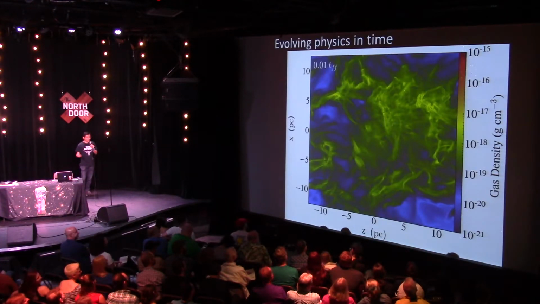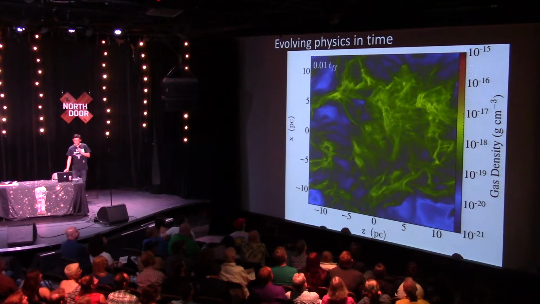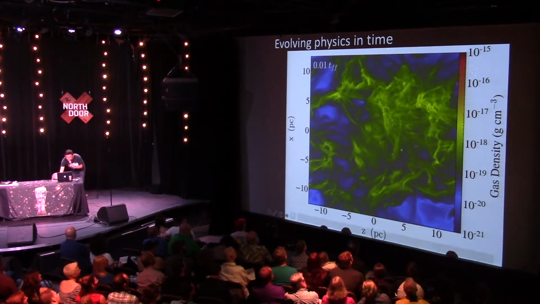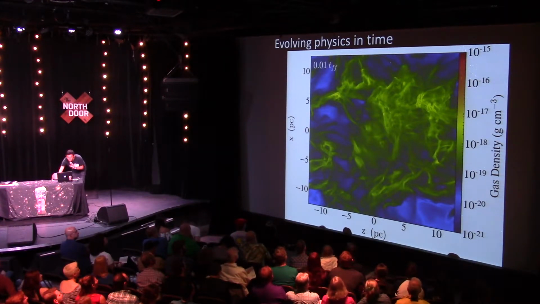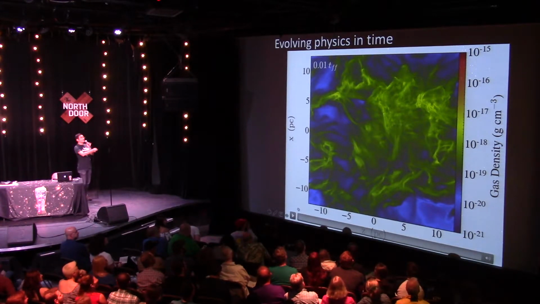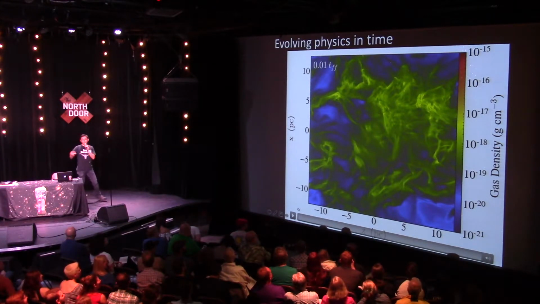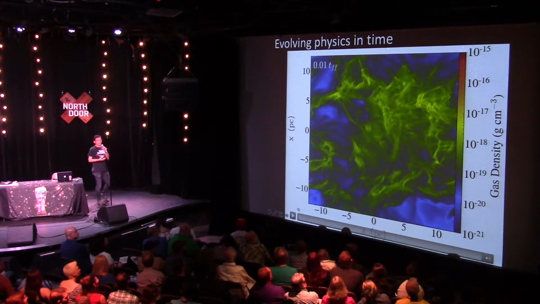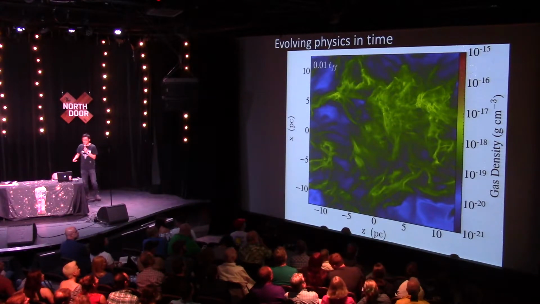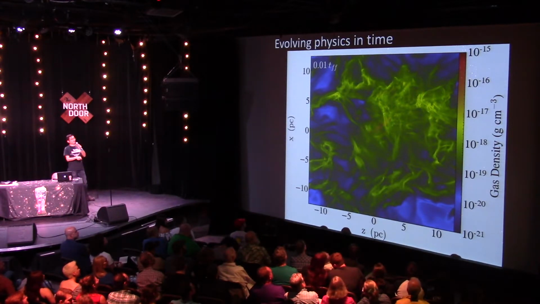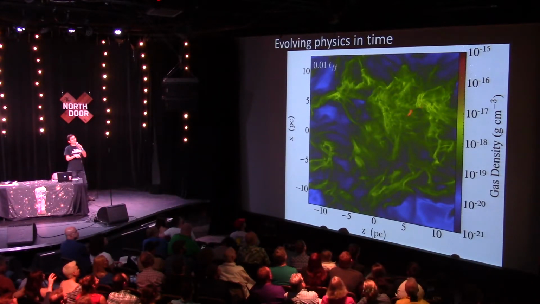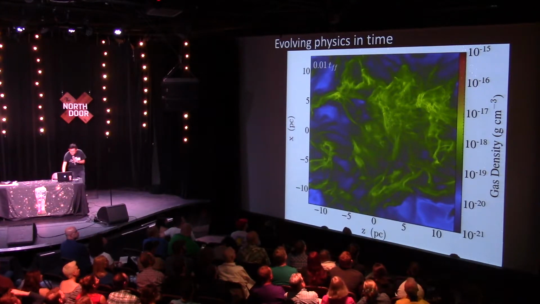And this is the actual visualization that I'm going to show you. This is actually taken from my research paper. And if I can get it to play. So thanks. One thing, it's similar to the image that you saw before. Red means high density and blue means low density. So you can see it's a turbulent, very chaotic gas cloud. And as I hit play, you will see black dots forming on the screen. Those are the actual stars formed in the simulation. So let me get it to play.